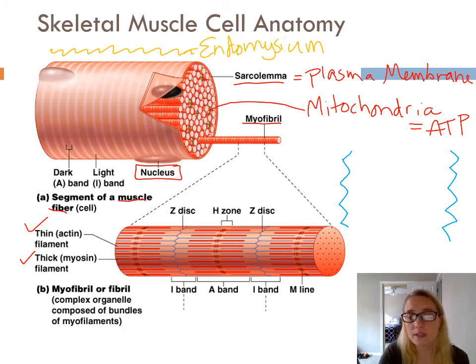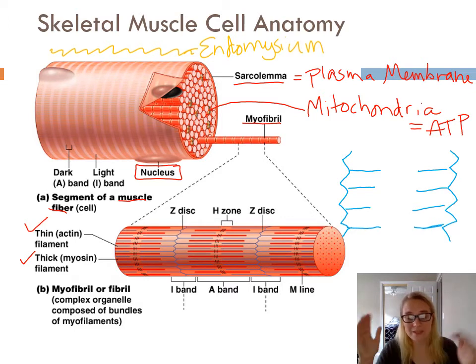Coming off of the Z discs, these are going to be your thin filaments. They're shown in blue, so I'll try to keep along with that same pattern. Okay. So those are my thin filaments. I got my Z disc zigzaggy boundary, which is kind of nice because the Z disc zigzags. I got my thin filaments coming off of those. And then right in the middle,